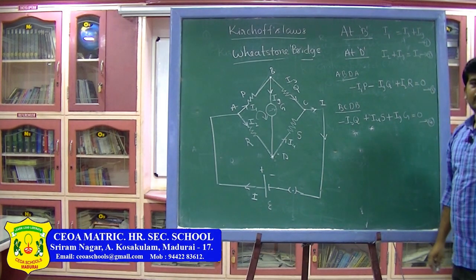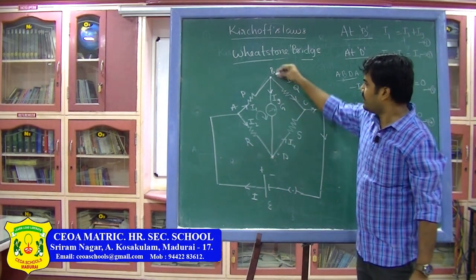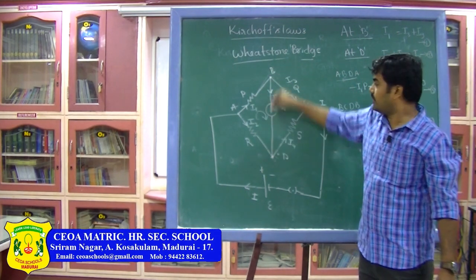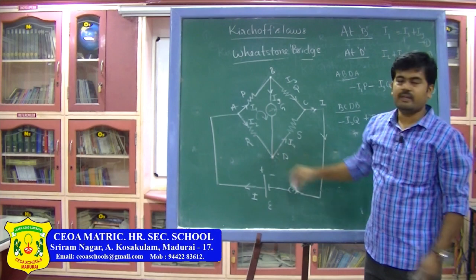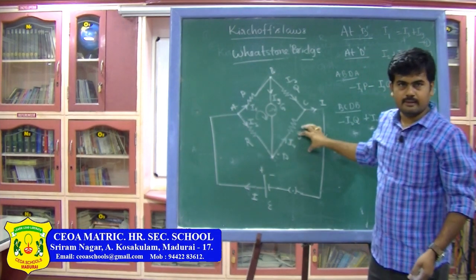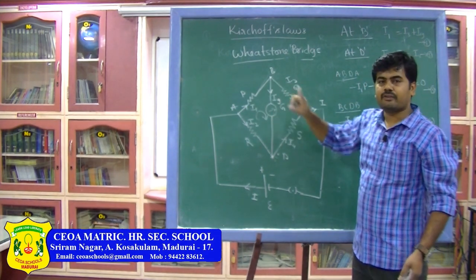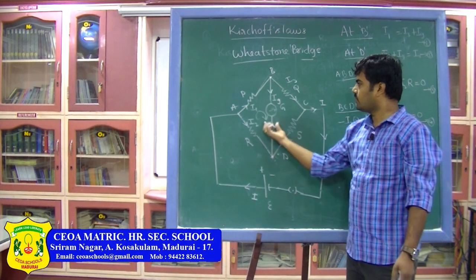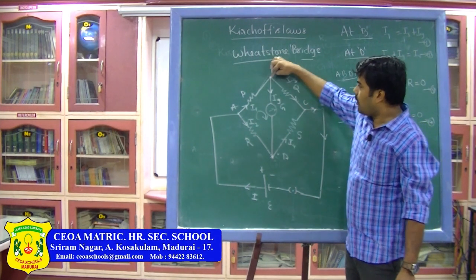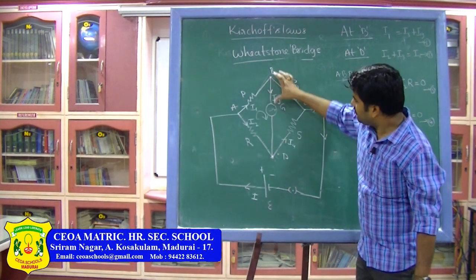Now, the values in the Wheatstone bridge network are adjusted such that the current through the galvanometer becomes 0. By adjusting the values of P, Q, R, S at one particular condition, you can see the galvanometer deflection showing 0. That means there is no current through the galvanometer. That means points B and D will be at the same potential. So, in that case the potential difference between them is 0.